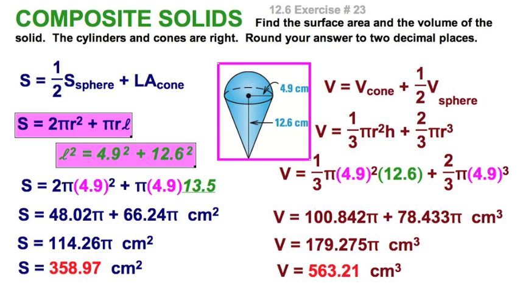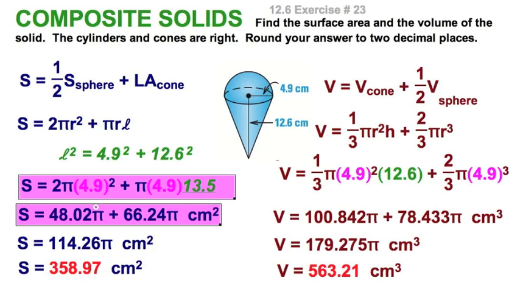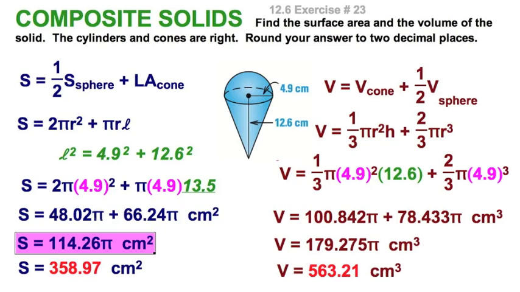I can see a little right triangle right there, where the 2 legs of that right triangle, we solved for that with the Pythagorean theorem, and I got about 13.5. So we can do all the substitution. This time I did not factor because I want you to see it this way, because each of these components, this first part is, of course, the sphere, and the second part, the lateral area of the cone. I'll answer them in terms of pi, then I'll combine them. So I've got about 114.26 pi, multiplying by pi, 358.97